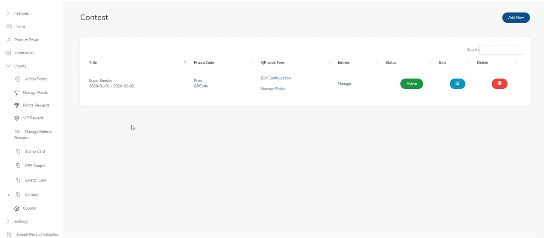Hey everybody, today we're going to take a look at the latest and greatest feature that we are releasing. We call it the contest feature, and what this enables you to do is to create contests based on different criteria, and they are automatically tied in with the points reward system, the spend-based reward system, the coupons, and the stamp cards. So how this works basically is you set up a contest, and I will show you what that